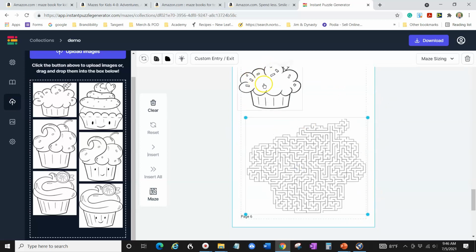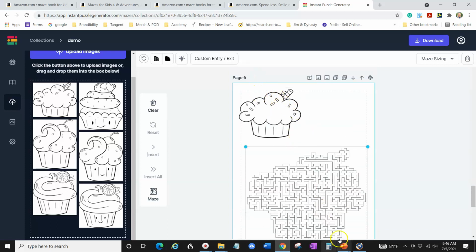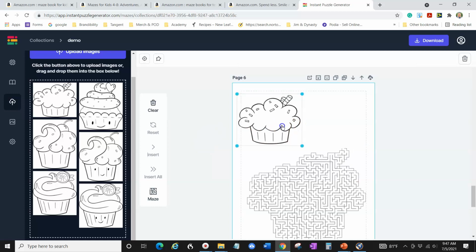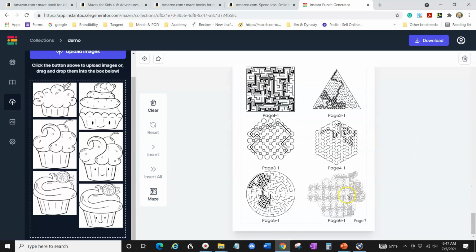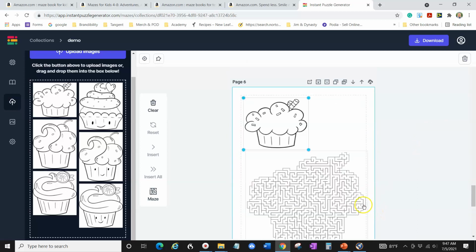So you could keep this image here so that they knew this was supposed to be a cupcake, that it's a cupcake shaped thing. So what I was saying is, in that one example it had a shark and different things like that, you can do mazes that are shapes, and some may like this. If you left this like this, you wouldn't know it was a cupcake. But since I'm leaving this here, you can kind of see this is a cupcake. And then they could color this and then do the maze. And I think that's really, really great. This would be great for just so many things that you could do. See, I actually want to move this within the margins. All right. So I have that like this, and you can see down here, here's the solution. And I think that's really, really cool.